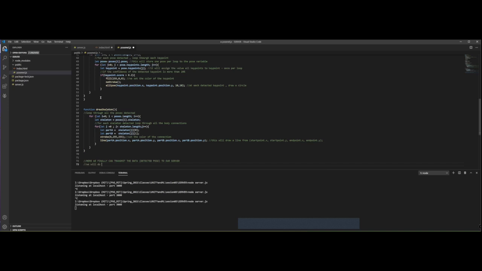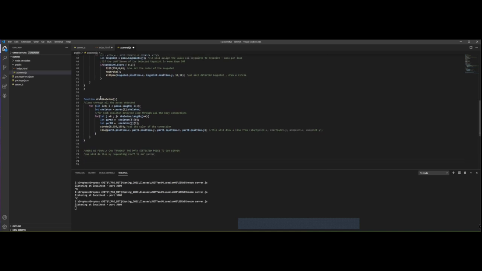We will do this by requesting stuff to our server. How do we do this? We don't want to get an error saying that we're requesting something with no information, so this